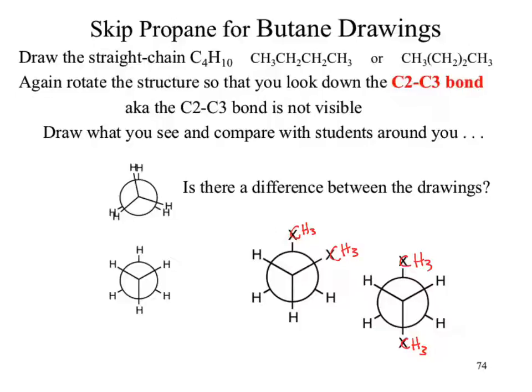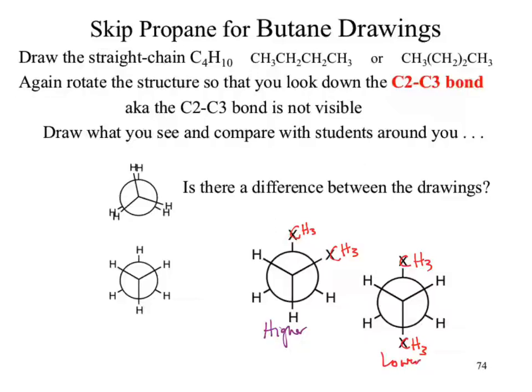So I want to see the lowest energy configurations, and what I'll find is that there are two possible staggered formats, where the methyl groups are really close to each other, or the methyl groups are really far from each other. Okay, well, if I have two orientations, what does that mean? I need to evaluate, are they the same or different? So would we predict these to have the same energy? No. Which one's higher in energy? Right, the left one is higher in energy. The other one is